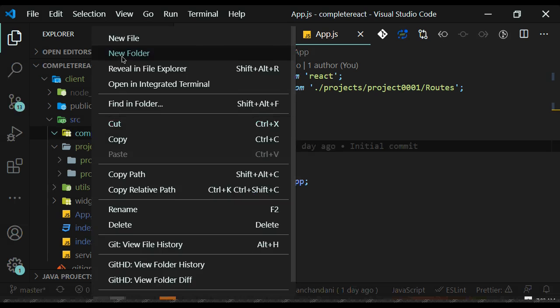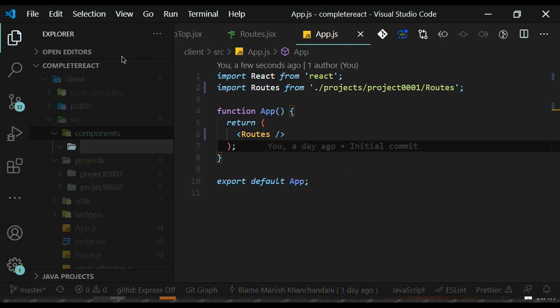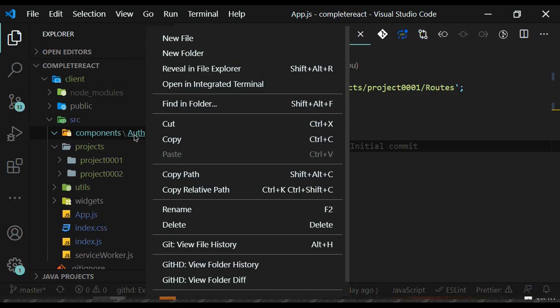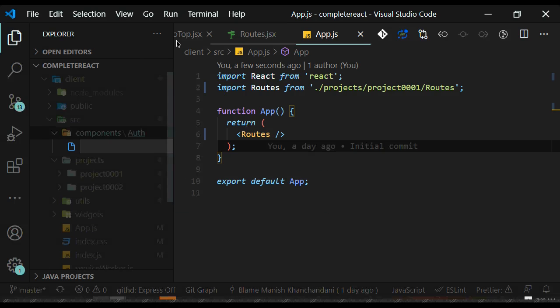So let's create first a new folder. In the components, this is for my login functionality. I just created the blank files for now, and then I'll go with routing. In the components will be all common things, which I can use in any of the projects. So I created auth in the components folder, and inside the auth, I will create a new file. New file will be, for example, login,